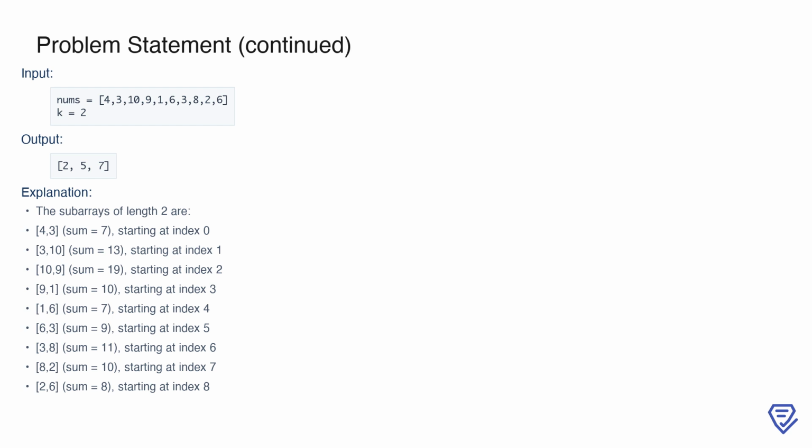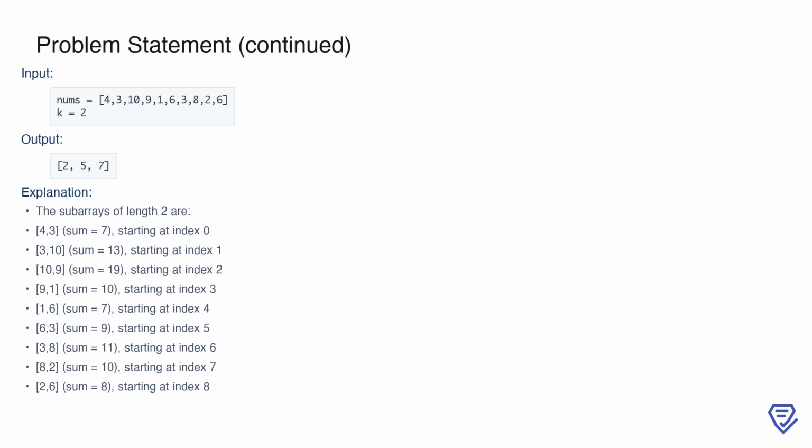If the input array nums is 4, 3, 10, 9, 1, 6, 3, 8, 2, 6, and k is 2, the output is 2, 5, 7. To understand this, we calculate the sums of all subarrays of length 2. The subarrays are 4, 3, with a sum of 7 starting at index 0, 3, 10, with a sum of 13 starting at index 1, 10, 9, with a sum of 19 starting at index 2, 9, 1, with a sum of 10 starting at index 3, 1, 6, with a sum of 7 starting at index 4,